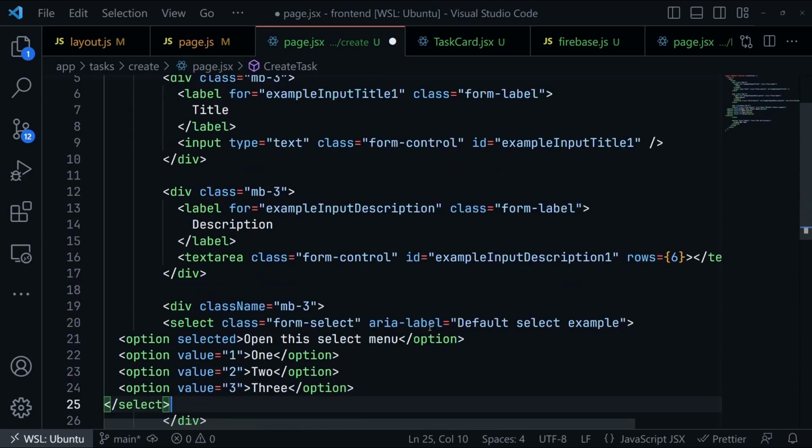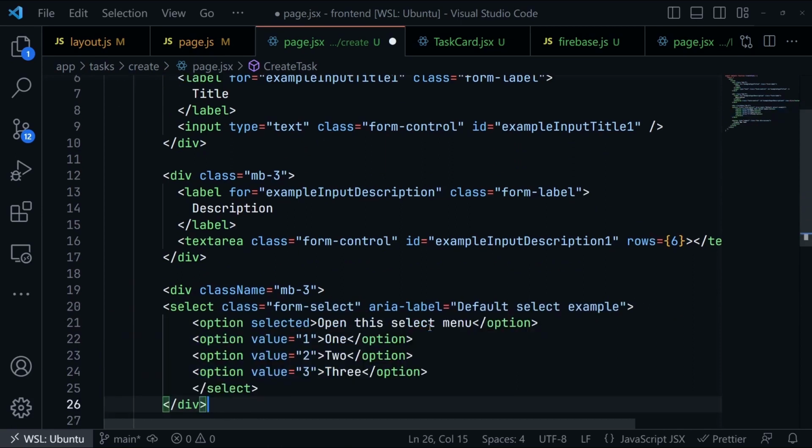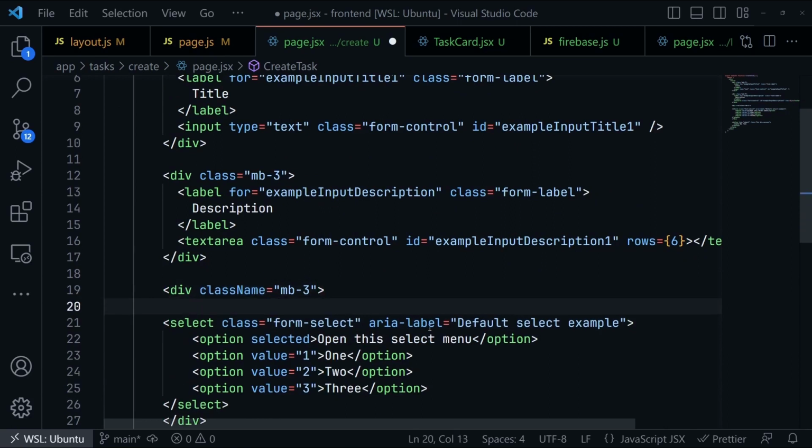MB3. I'll just paste it here, and then I want some label field, label HTML for, and just make it like status,